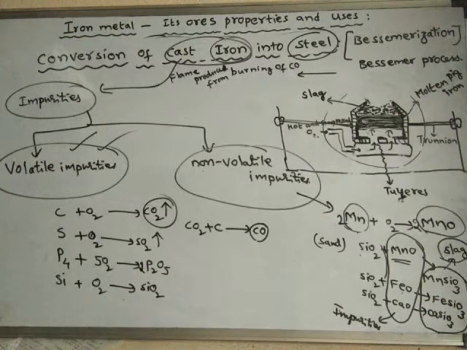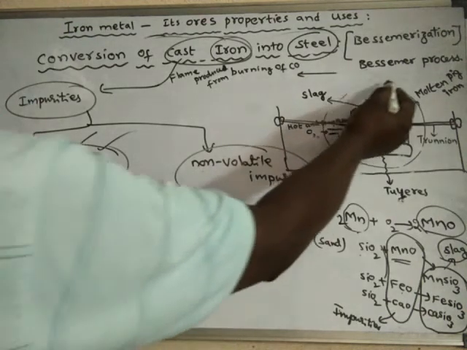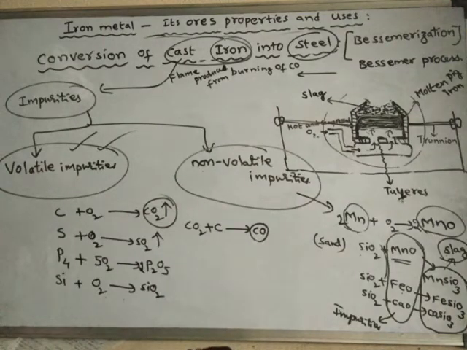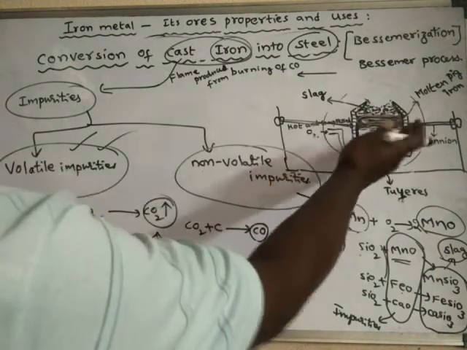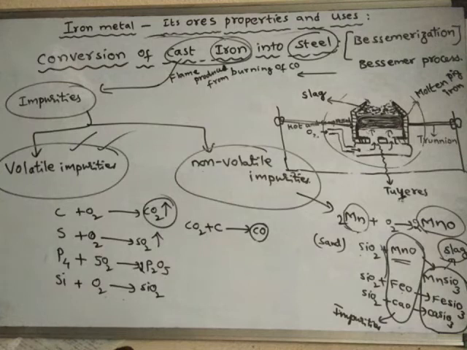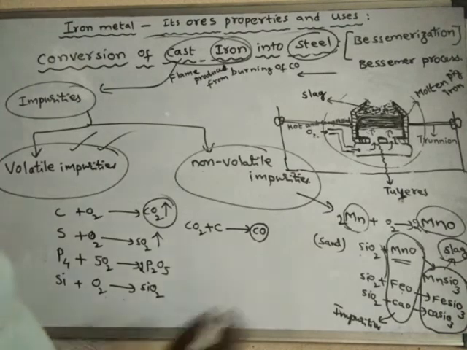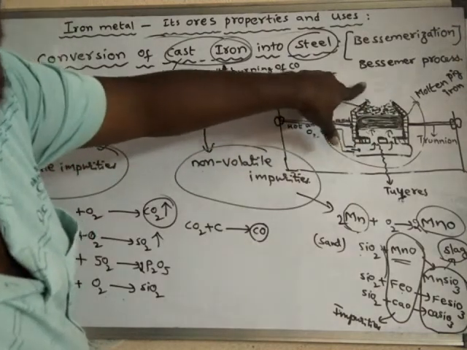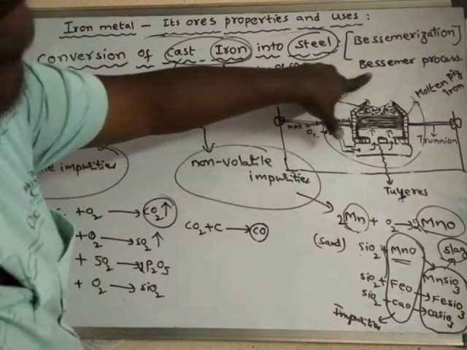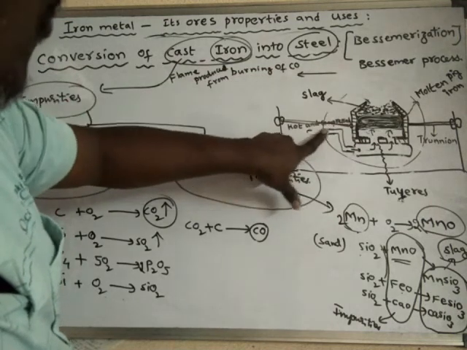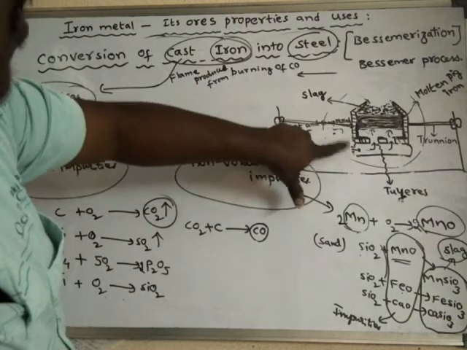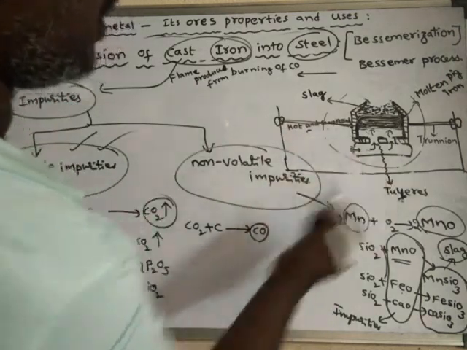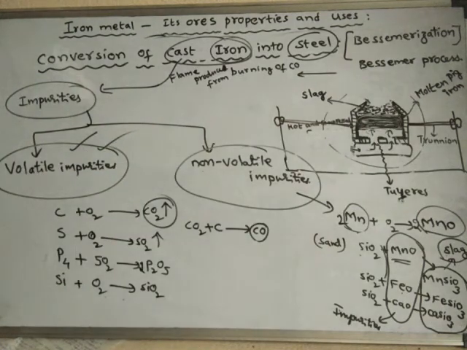So now what does it indicate? It indicates that the impurities are removed. When the flame has died, that means the flame is not formed further, it indicates that all the impurities are removed from the molten iron, this cast iron. At this stage, the supply of oxygen is cut off. So now what do we have to do? When there is no flame, then we stop the flowing of oxygen. We cut off the flow of oxygen into this Bessemer converter.